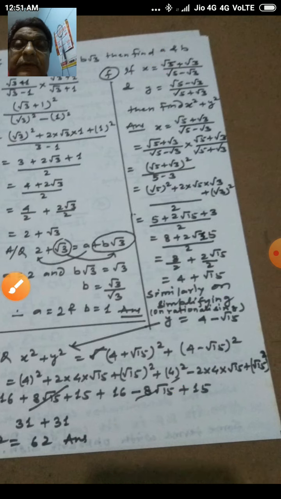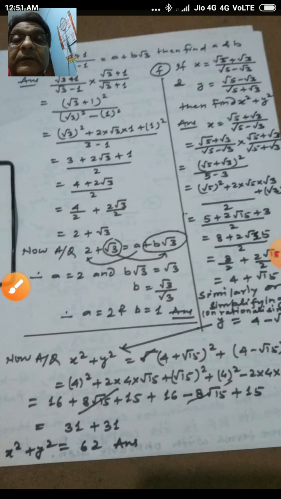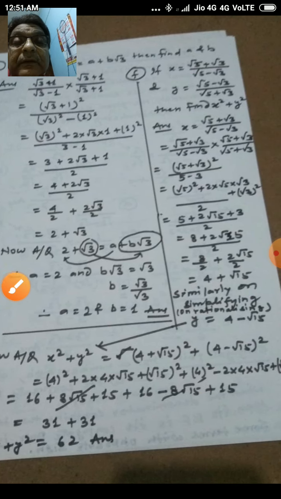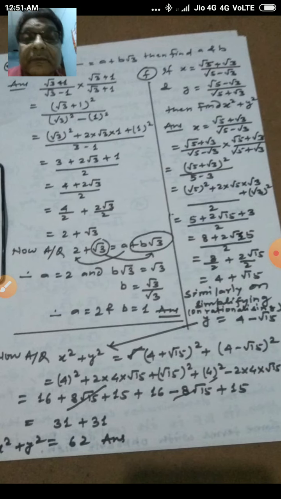Okay students, so I hope all these things are very clear now. From your book exercise, just try to solve all of this, and if any doubt occurs, note it so that we can share it in the next video.